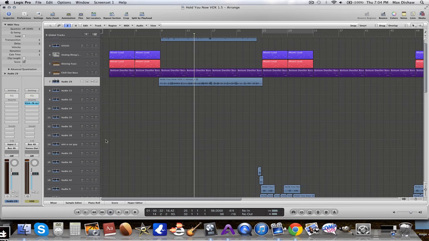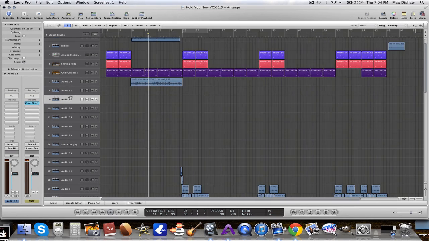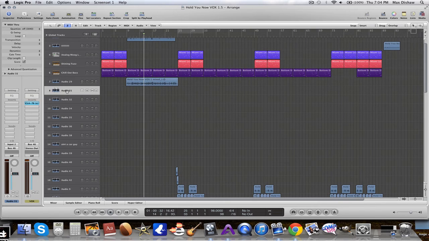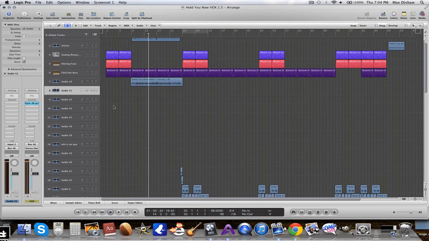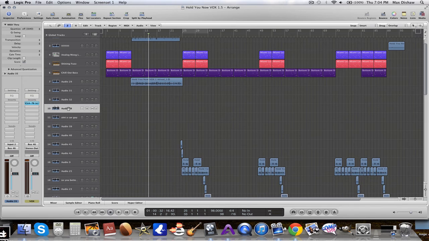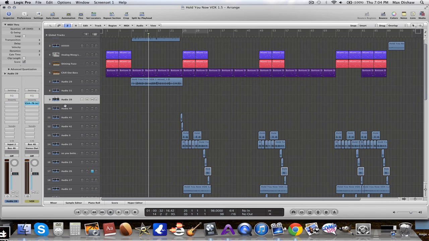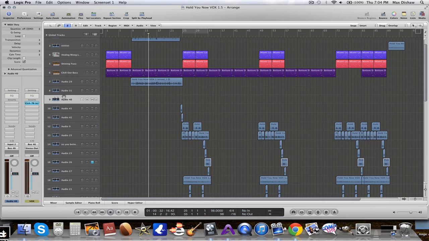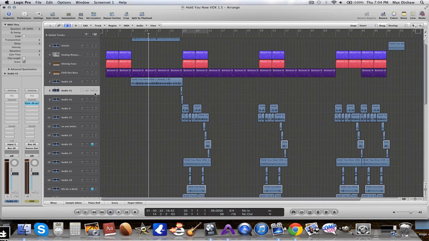Beautiful, look at that. So that just cleaned up about 12 or so tracks. Forgive my math if I'm off there, but now all we can do is just delete these, and that's going to clear up tons of space in our session. I'm just clicking here on the left and then hitting delete, getting rid of all those unused takes. So now we have our master vocal track, our lead vocal track, and we'll just put lead vocal here. I'll type that in, lead vocal,